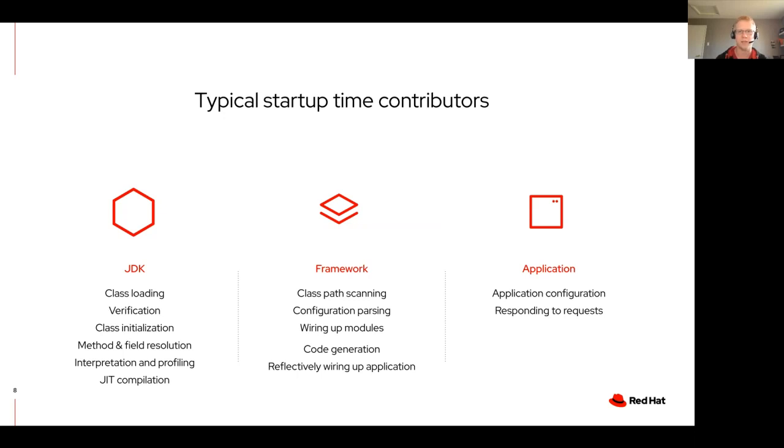So there's a lot of work in each of these phases just to get an app up and running.